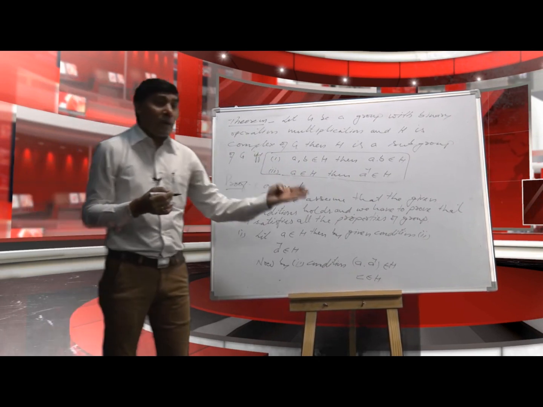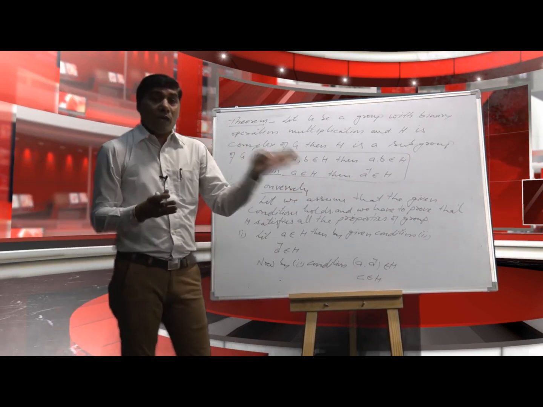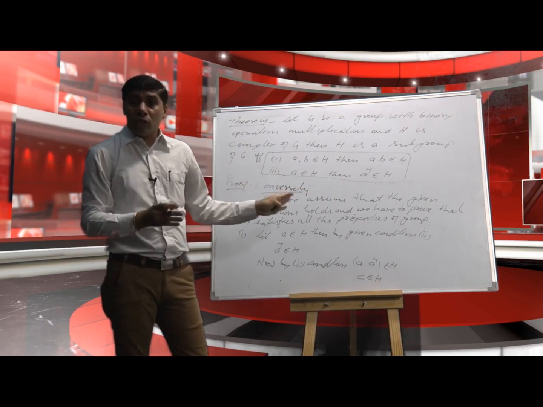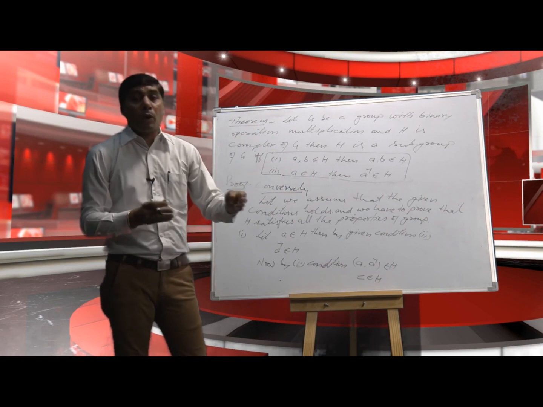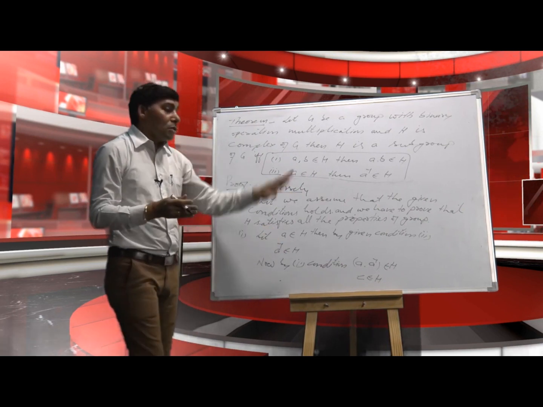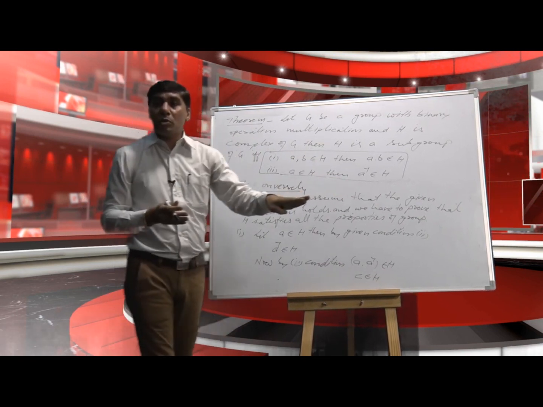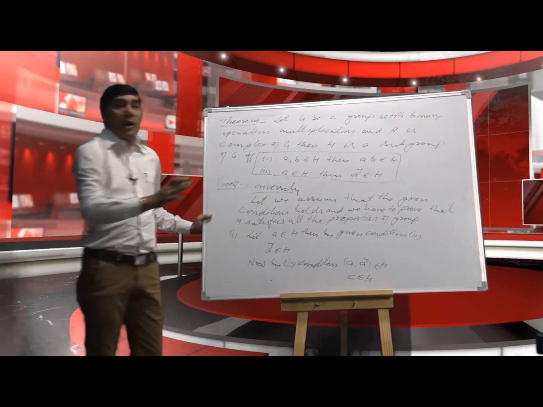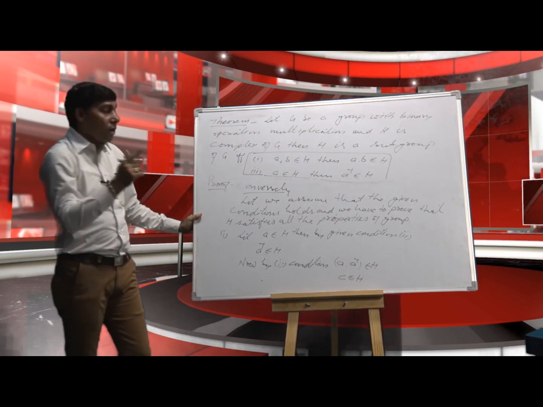We can prove the properties in any order. First we can prove the identity, or first we can prove the closure property. It does not matter which one is first. We prove all properties. First may be identity, first may be closure, first may be existence of inverse, first may be associative. So first we proved the existence of identity property.